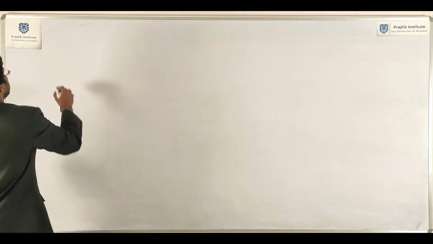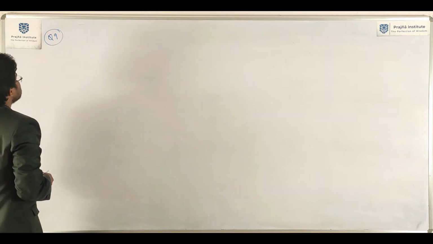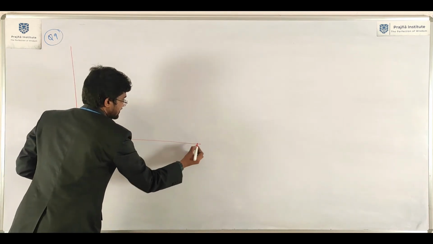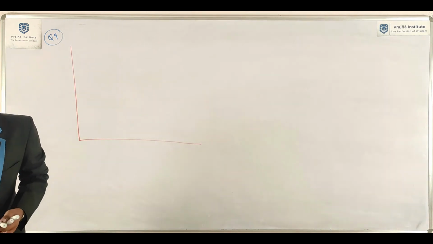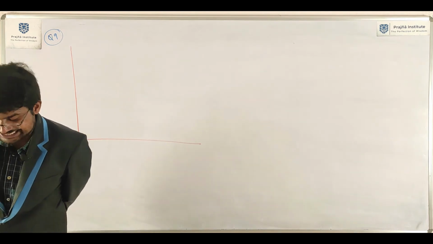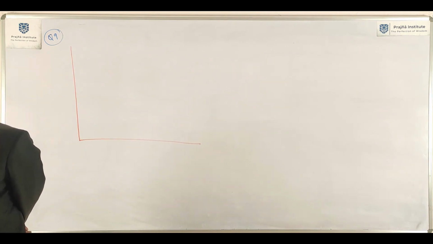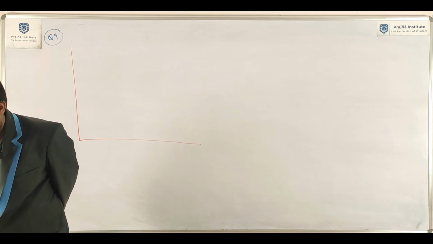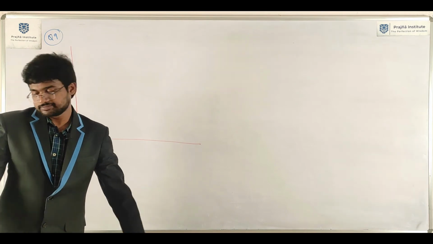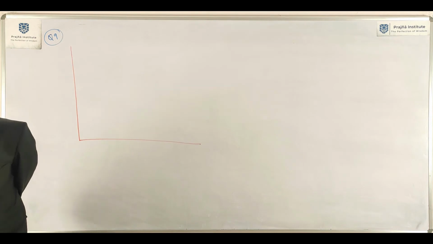Some ladder problems you can solve. Question number 9. It is the ladder. Read the question carefully. A ladder AB of length 5 meter, weight W 600 Newton, is resting against a wall. Assume frictionless contact at the floor B and the wall A. Find the magnitude of force P required to maintain the equilibrium of the ladder.